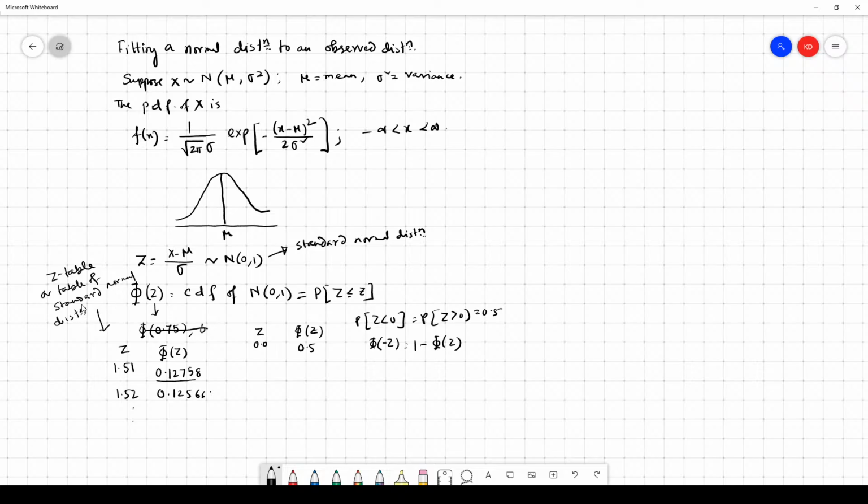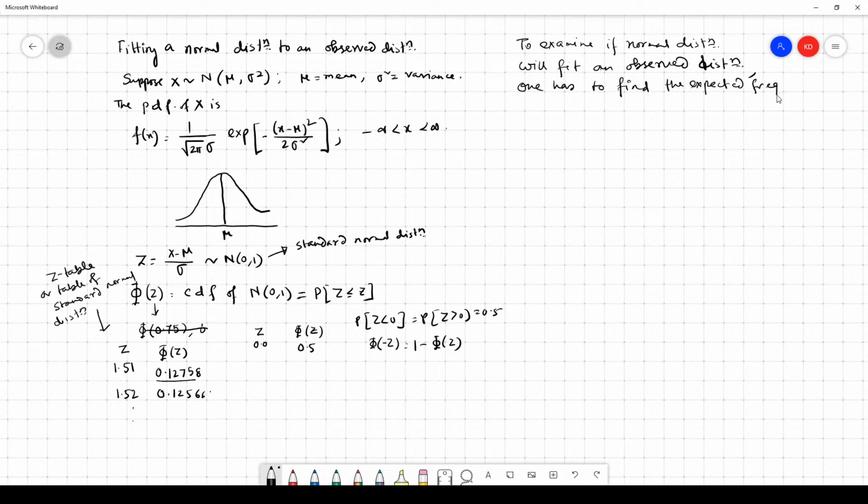Okay. So now come to the point: to examine if a normal distribution will fit an observed distribution, one has to find the expected frequency for different class intervals,